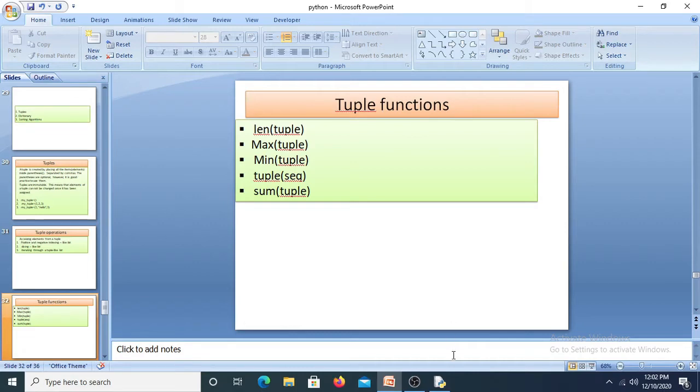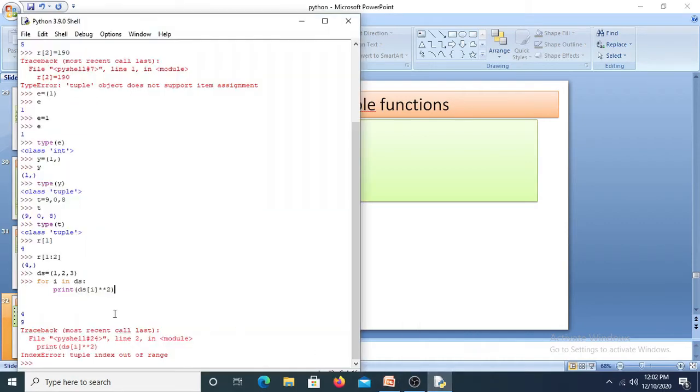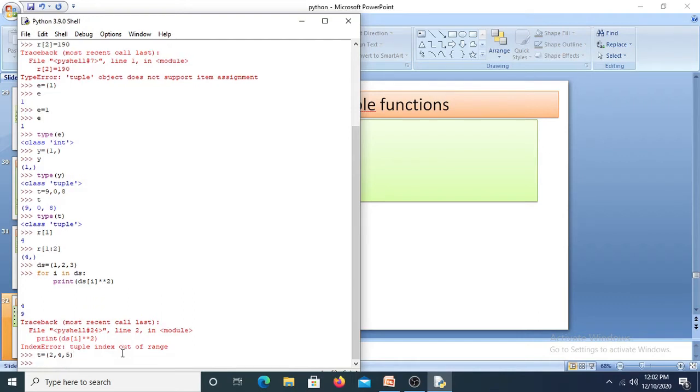How it works is easy; the only thing is that you need to remember these functions. For example, I'll take one more variable as a tuple, T is equal to 2, 4, 5, right? So what is the first function we have? Maximum is the function, and T is going to be my tuple.